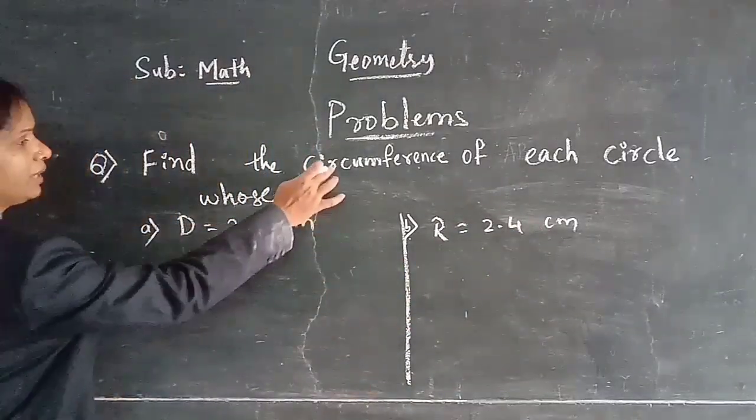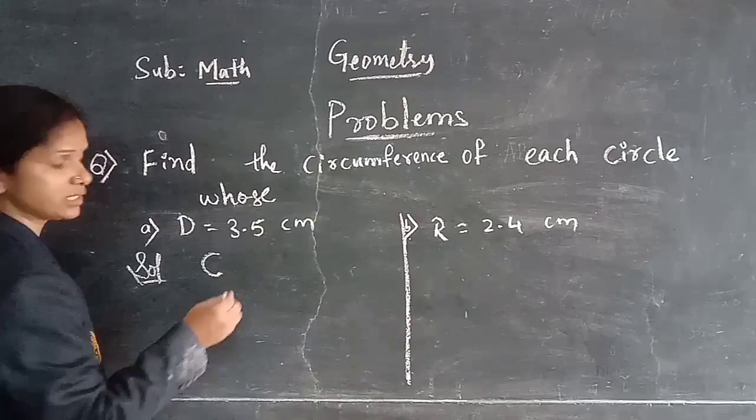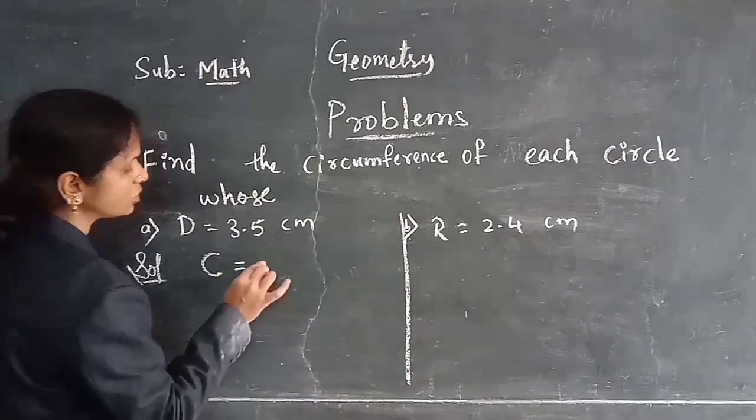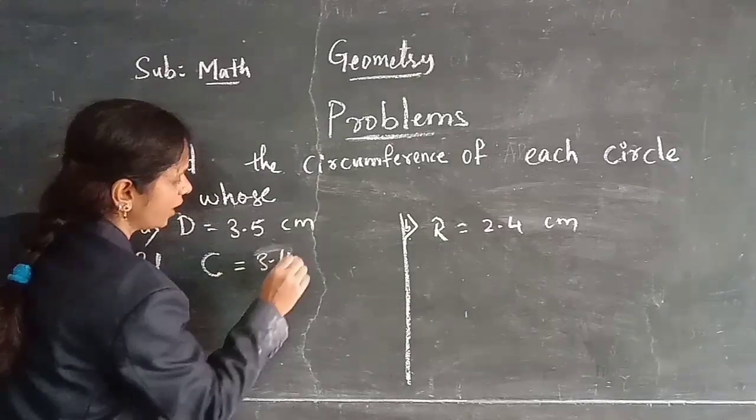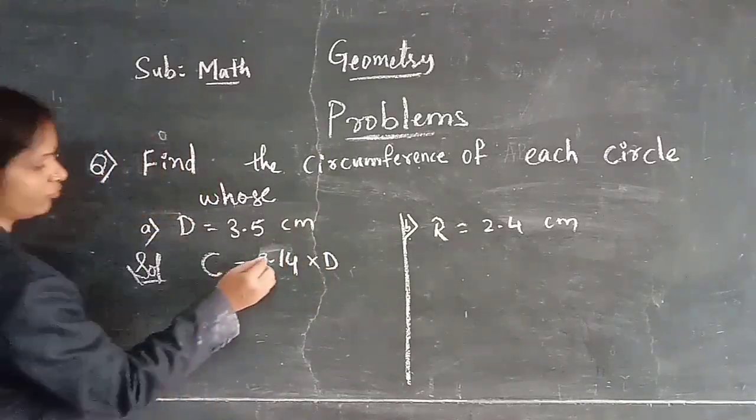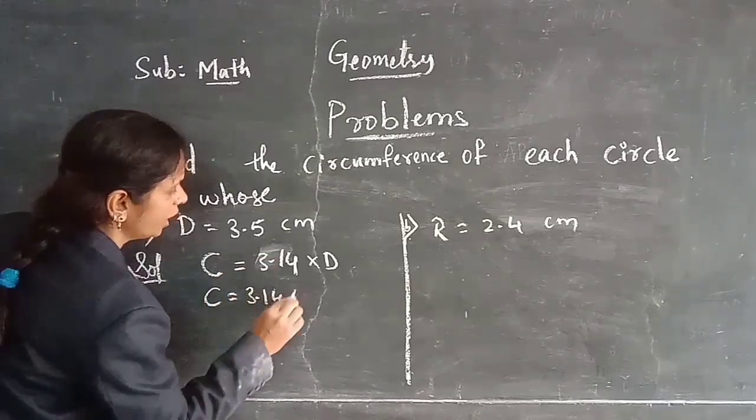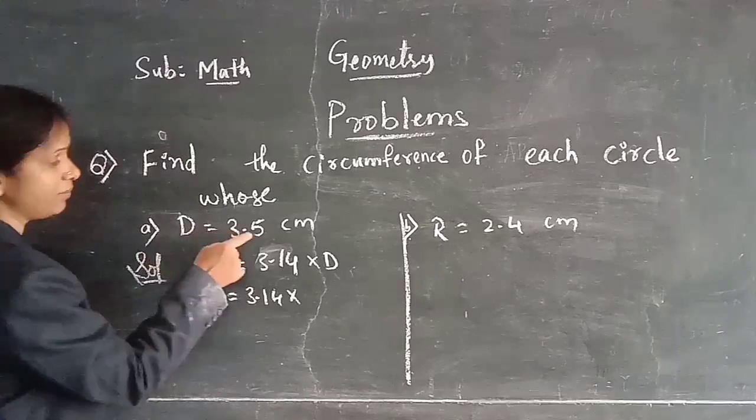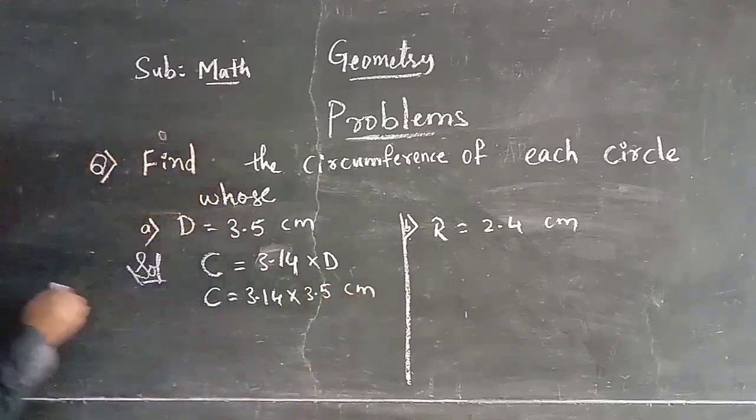Now first I am taking the formula of circumference and diameter. What is the formula of circumference and diameter? Circumference is equal to 3.14 into d. Circumference is equal to 3.14 into d, where the diameter given here is 3.5 centimeters. So here you see